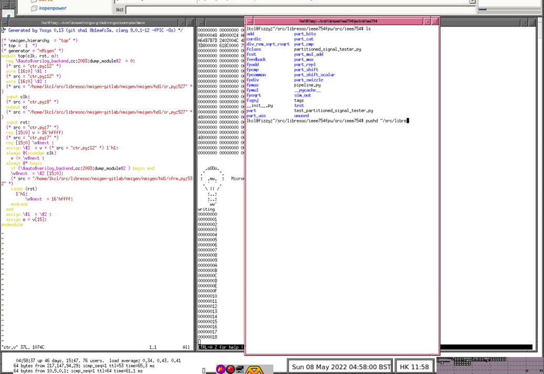Source, Libras, GitLab, nmigen, GitLab, nmigen, such examples, basic,